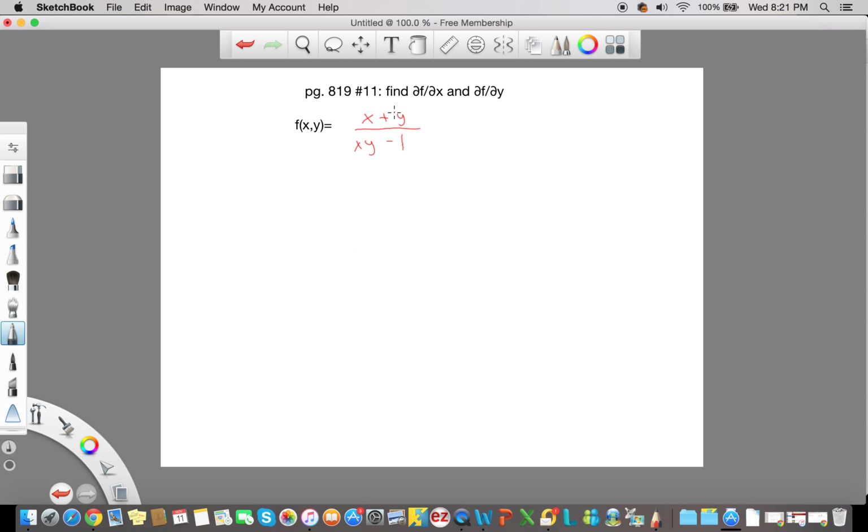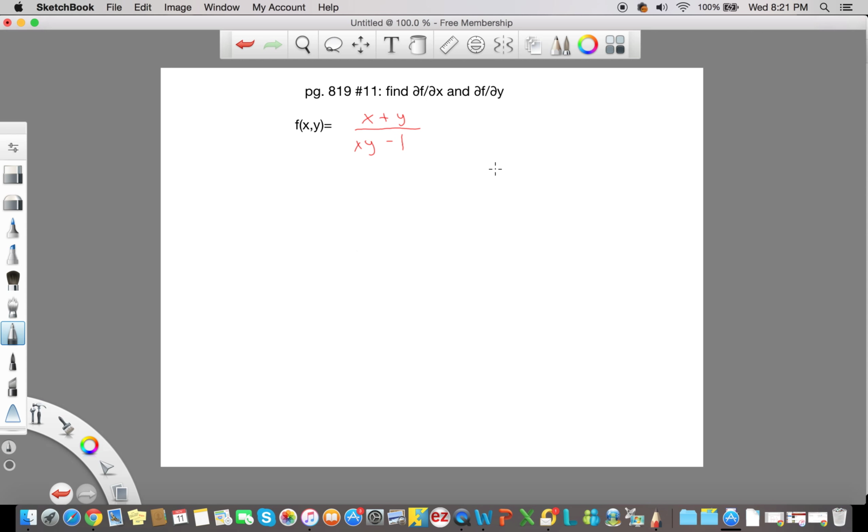So in this example, we look at this function here, and we notice that if we're going to take the derivative with respect to x or y, we're going to have to use the quotient rule. And we know that because there's an x on the top and the bottom, and also a y on the top and bottom. So in order to do this,